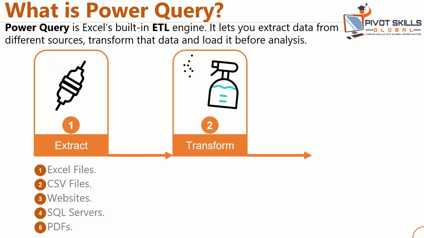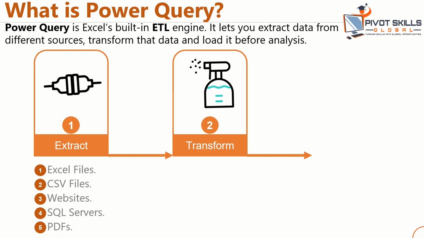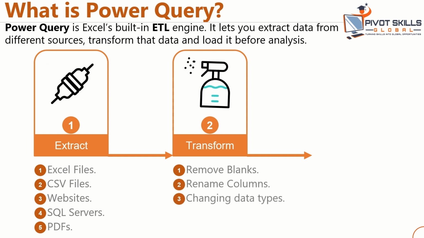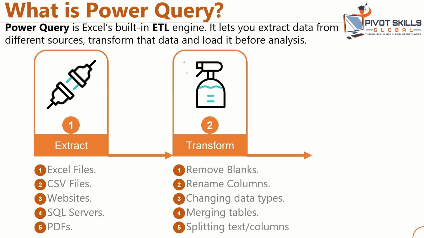Now, the T stands for transform. This simply means cleaning and shaping data for analysis. Some of the data cleaning and shaping or transformation steps that you can make within Power Query may include things like removing blank rows, renaming columns or column headers, changing of data types within the Power Query editor, merging tables, or even splitting text or columns, and so many other thousands of transformations